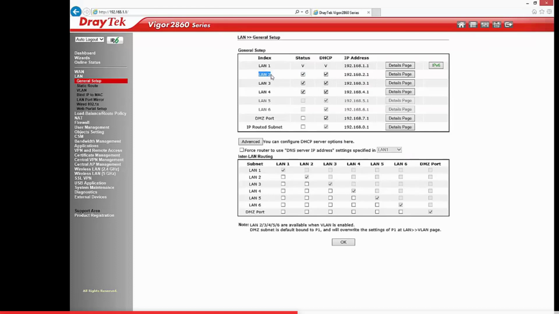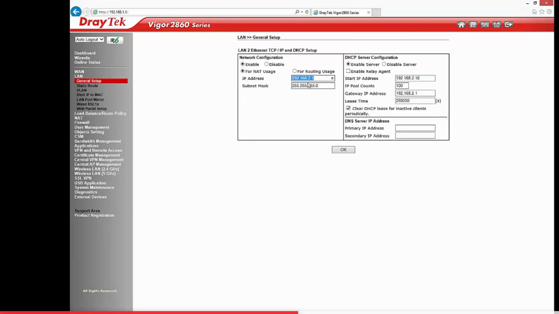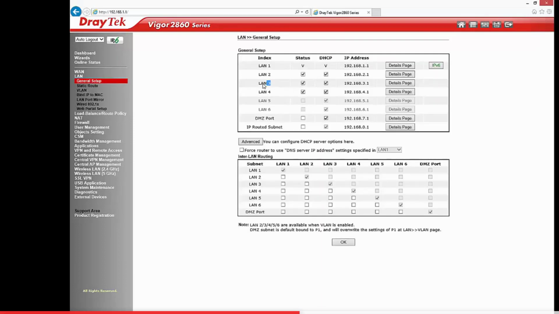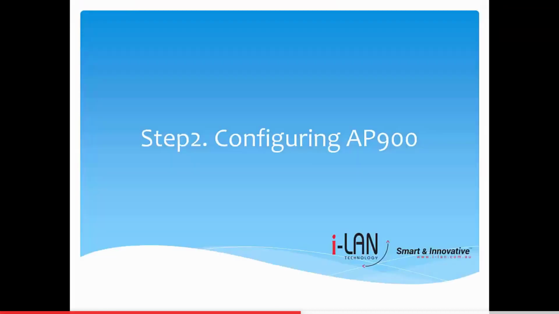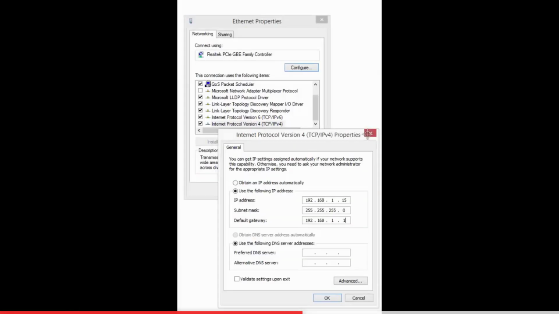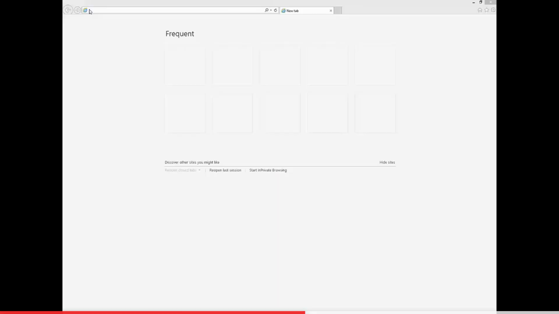Now check the IP, subnet mask and DHCP settings for LAN 2 and change if required. Similarly, check LAN 3 and LAN 4. Now we'll configure the access point. Connect EP900 to a computer. You'll need to use a static IP on the computer to access EP900 as the DHCP server is inactive by default.